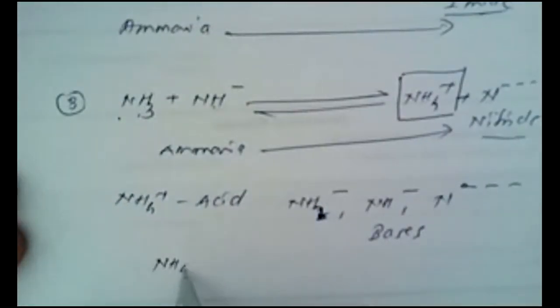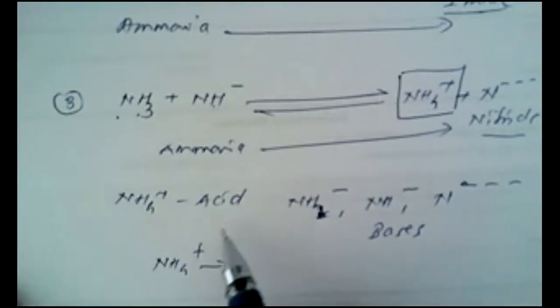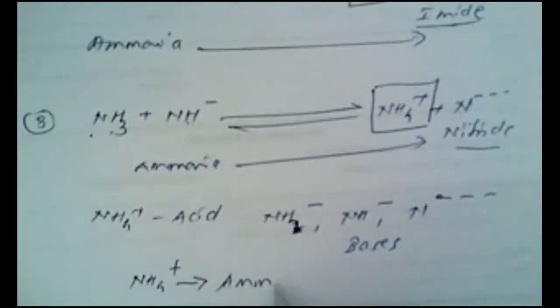Now here, if we see very closely, this is the first step of the reaction, this is the second step of the reaction which follows on account of the reaction of amide with ammonia, and the third step is where the imide reacts with liquid ammonia. So NH4 plus in the first step, NH4 plus in the second step, and NH4 plus in the third step. All these NH4 plus ions are known as the ammono acids.